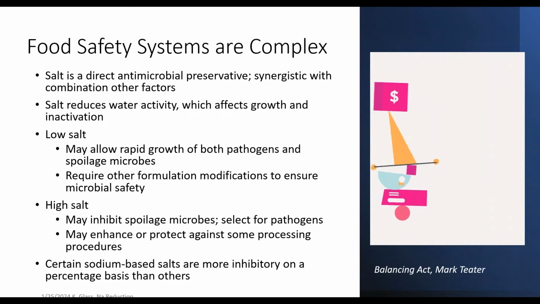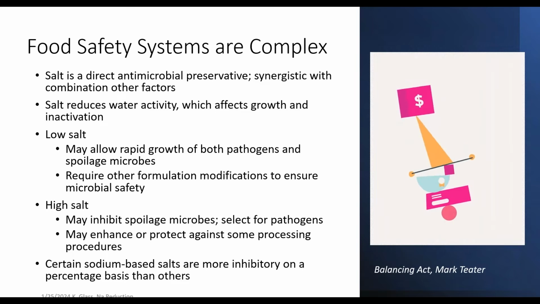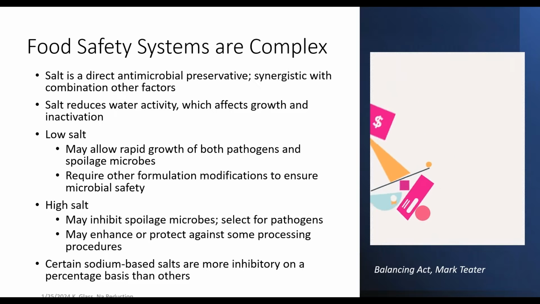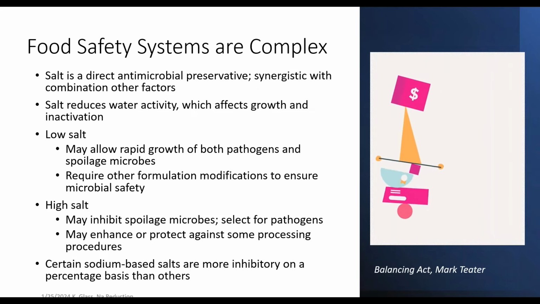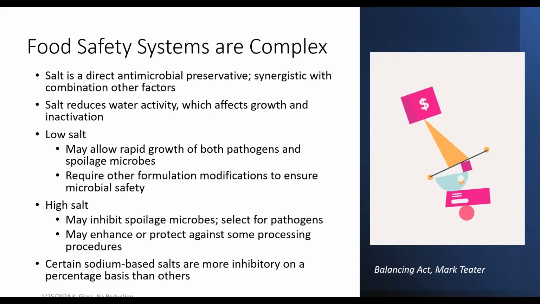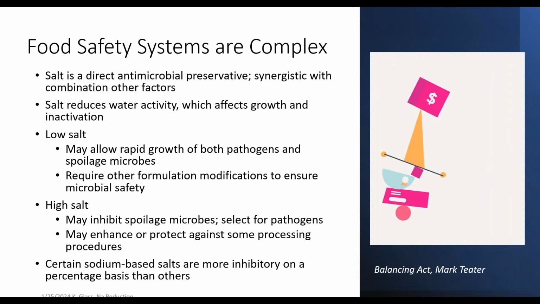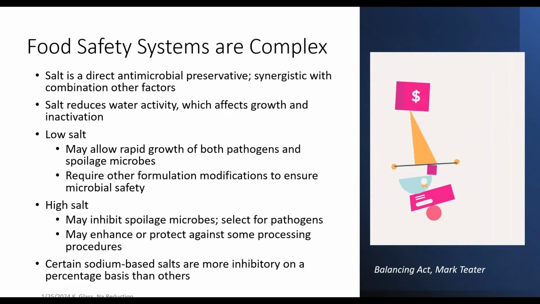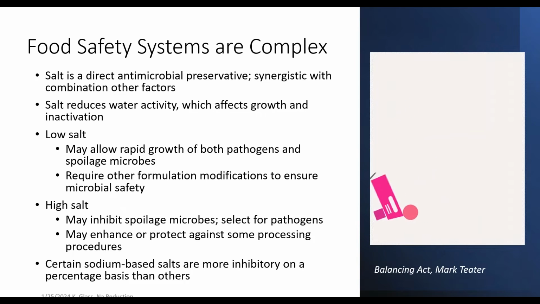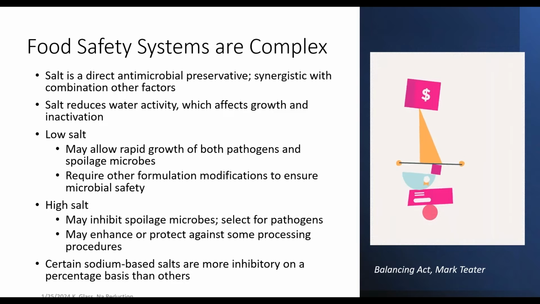Now, we need to recognize that various microbes have differences in salt tolerance. Low salt typically allows most microbes to grow, including spoilage microbes that can be competitive to pathogens. On the other hand, some spoilage microbes are inhibited by high salt levels, and the system may actually select for salt-tolerant pathogens. For example, Staph aureus is known to be a poor competitor, but it also is particularly salt-tolerant, along with Listeria, which ranks about second.